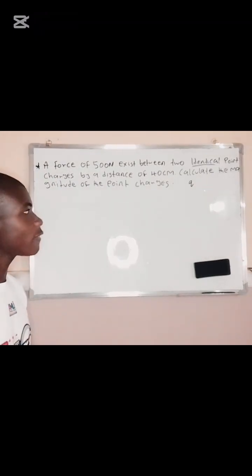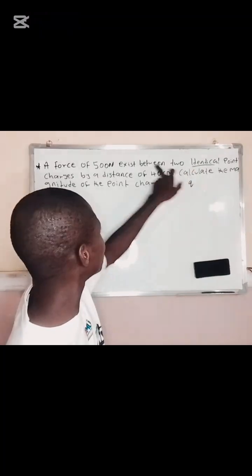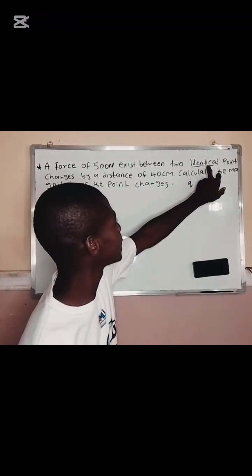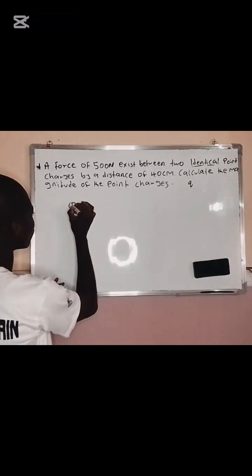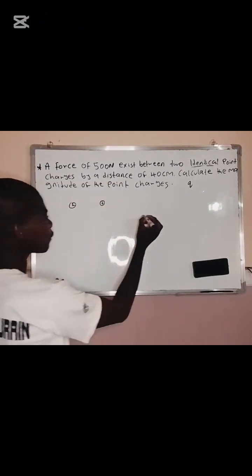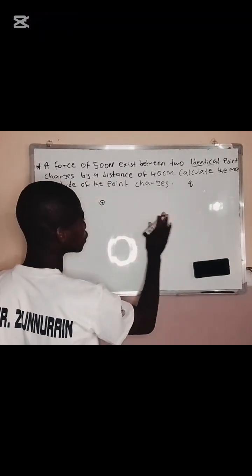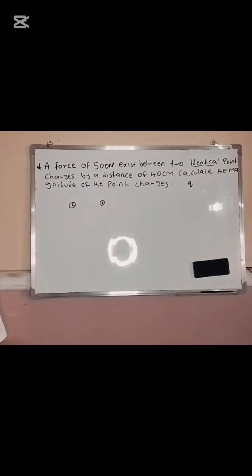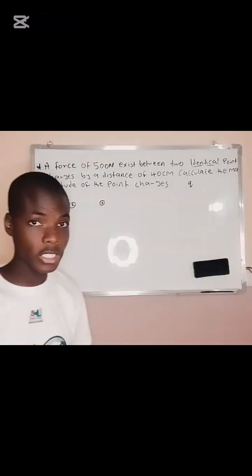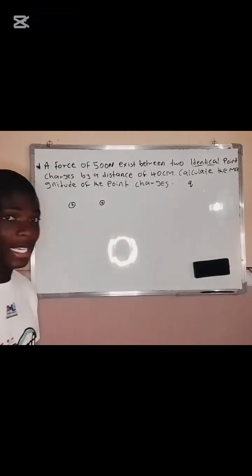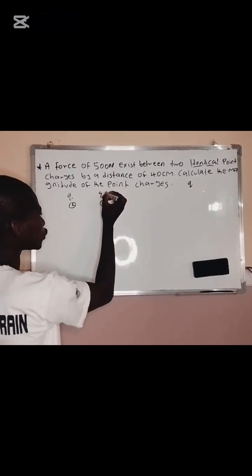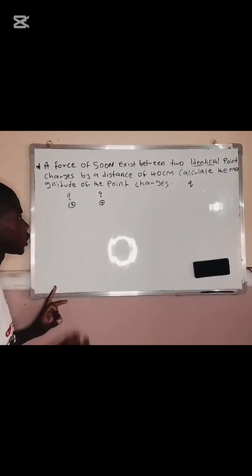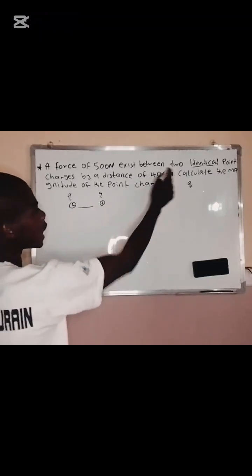The Q. The question says between two identical charges. Identical means the charges are the same. So it might be positive, or it might be negative. Let's assume it is positive, all the charges are positive. You can't say Q1 and Q2, you have to just leave it as Q. The distance between these charges is